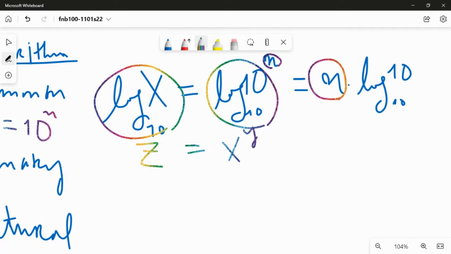But you turn it into a multiplicative function, right? Once it is a multiplicative function, then we can solve,